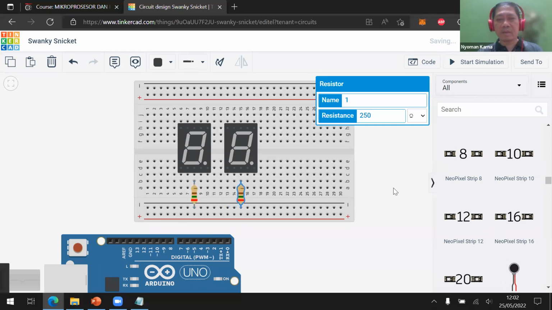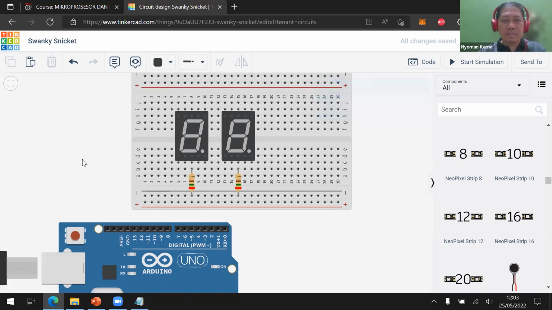Okay, I hope you still remember about the 7 segment. It has 2 types. First one is common anode, second one is common cathode. And we're going to use the common cathode. Okay, the difference in common anode and common cathode: in common cathode, if we want to turn on a segment in the 7 segment, we're going to give 1. That's what you need to remember.